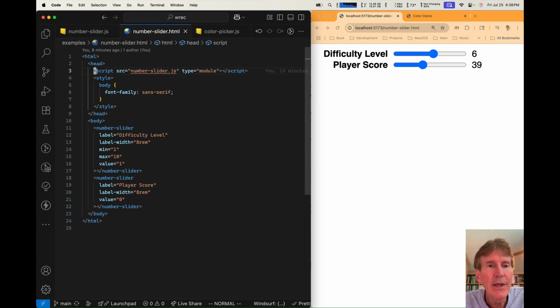So I'm including the number slider.js file that we just looked at. I'm setting my default font family to sans serif, which ends up being inherited by the web components down below if I don't specify another font family. And so that is styling my web components. And then I have my 2 sliders, the difficulty level and the player score, both with a label width of 8 rem. The difficulty has a minimum value of 1 and a maximum of 10, starting at 1. And the score starts with a value of 0, and I'm accepting the default min and max values, which are